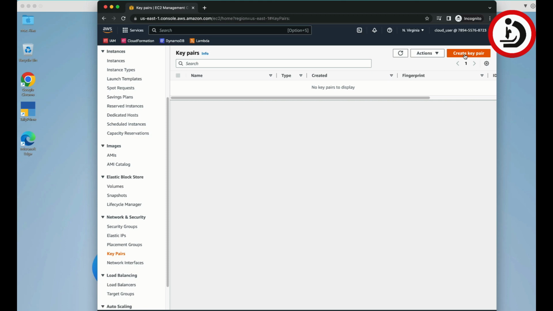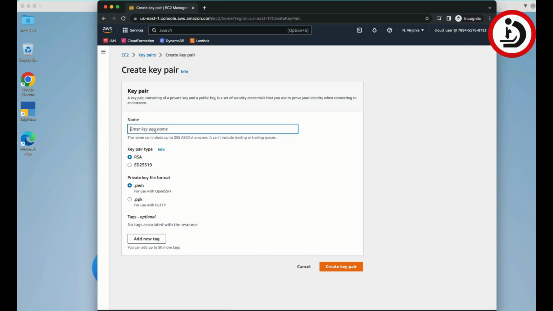Amazon Web Services, I must tell you, they try to help you by pointing out the right button that you should click. See, the user interface clearly indicates that you are going to create a new key pair, so why don't you click on this orange button? So let's do that. Let's give it a name, say AWS IIBM Patna